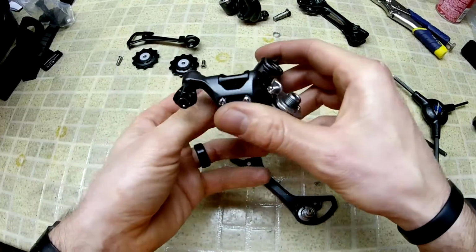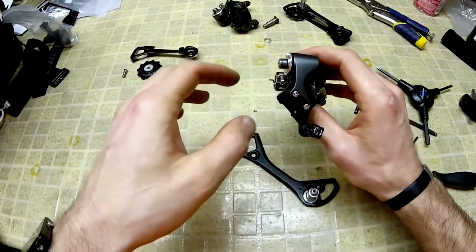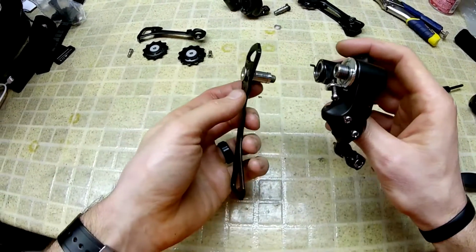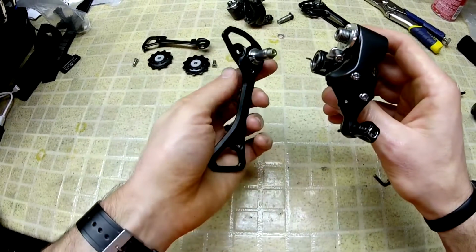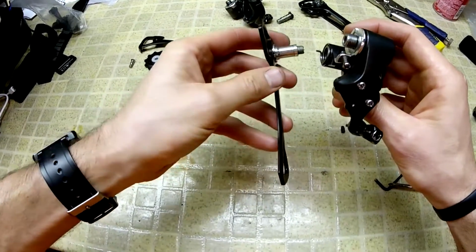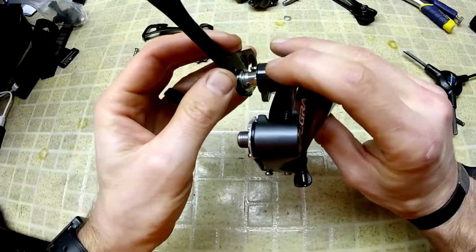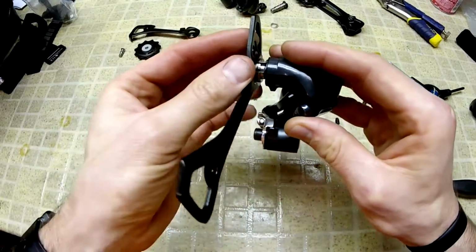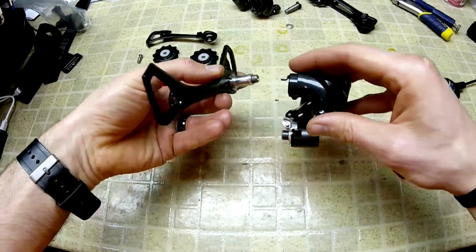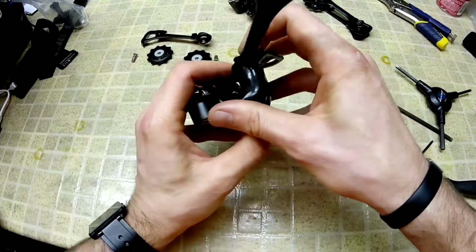So to put this back together, you need to think about how your derailleur is oriented. It would be attached to the frame like this, assuming that's the front of the bike, and you would want the cage to pull back. So when you're trying to put it back together, you would think about which way the cage would be. If you want it to pull back a little bit further, and the cage winds forward in order to provide tension, then if you have it on this setting, it doesn't get as much tension on the spring when you rotate it backwards. So if you want more tension, you're going to move it to the little slot that's a little bit further down, and then you're going to push that in,